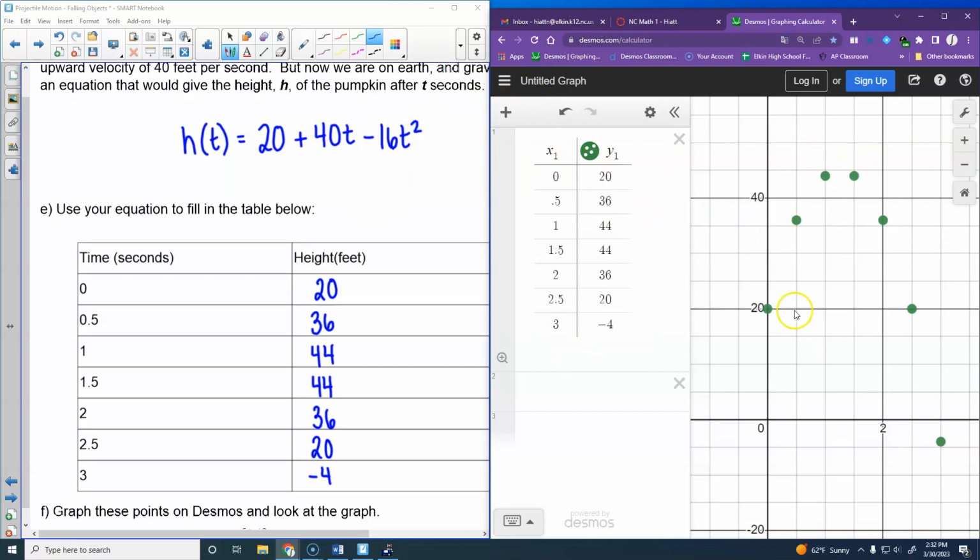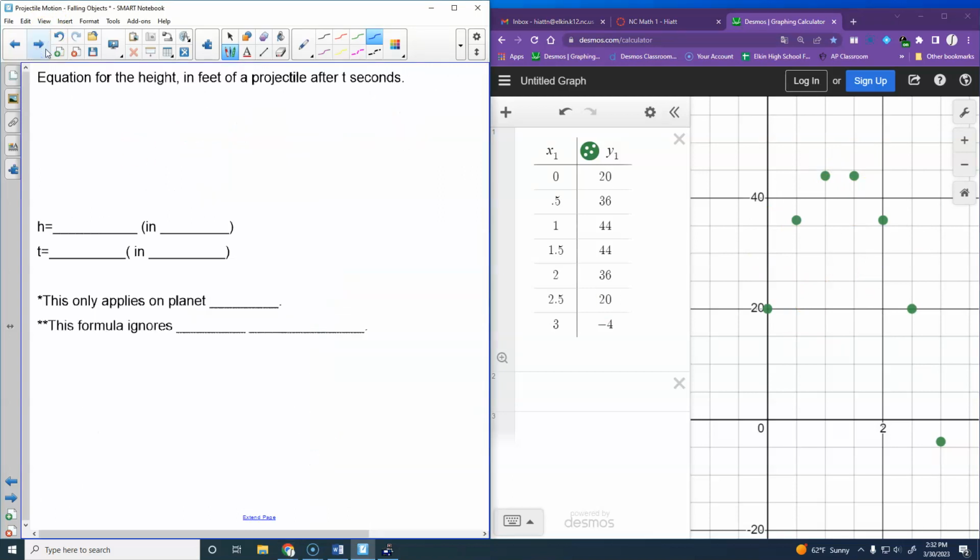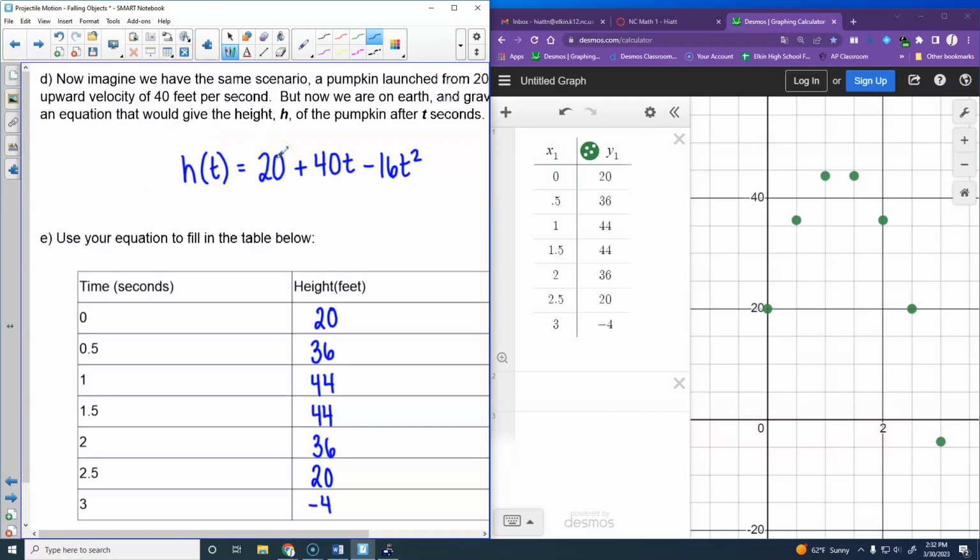So we have our graph here. Here's my question to you. How high does that pumpkin go? Just look at the table right now. That's the highest I see on my table. So do we think that this pumpkin goes up, hangs out right here for half a second, and then comes back down? Right. So if you throw something into the air,